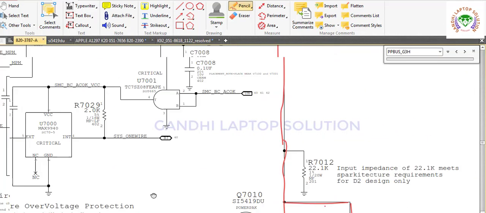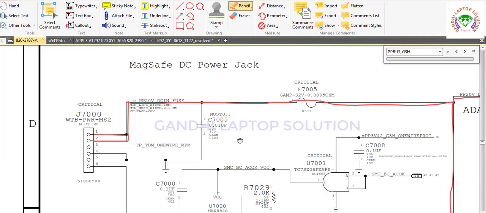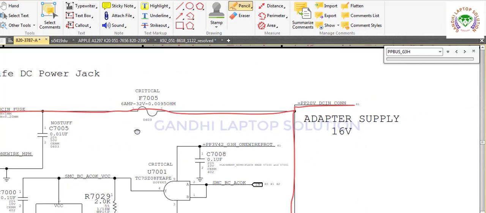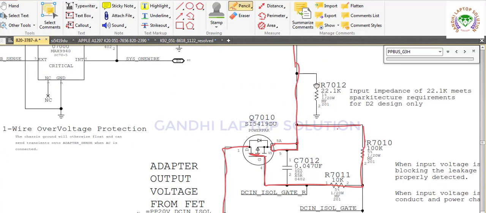Now I will tell you about another DC in section. You can see this one is a DC jack. Adapter voltage flows in this way through the fuse and connects with the MOSFET source. And how the MOSFET will work, you can see